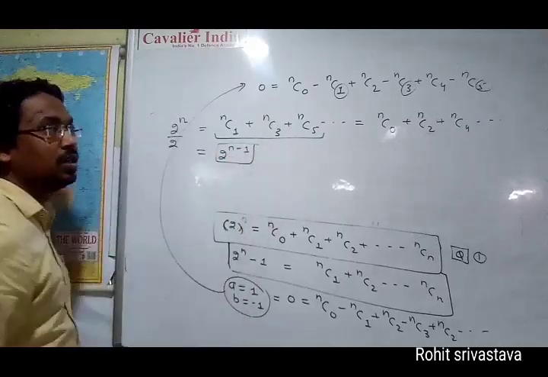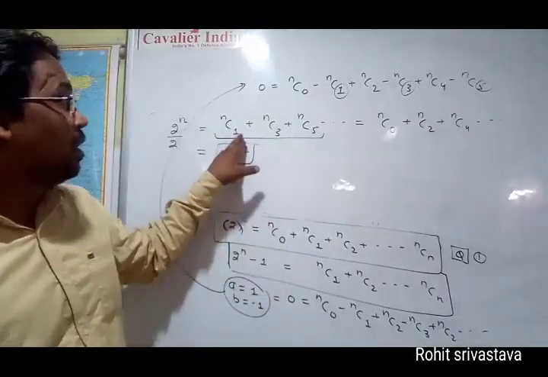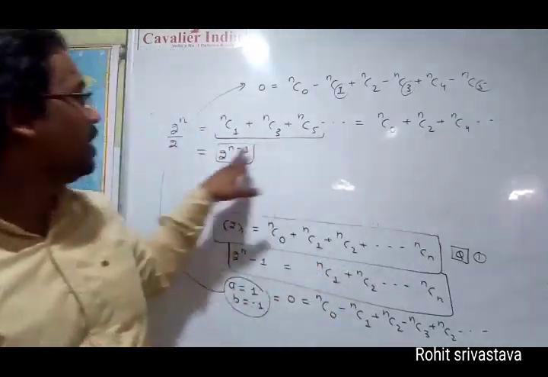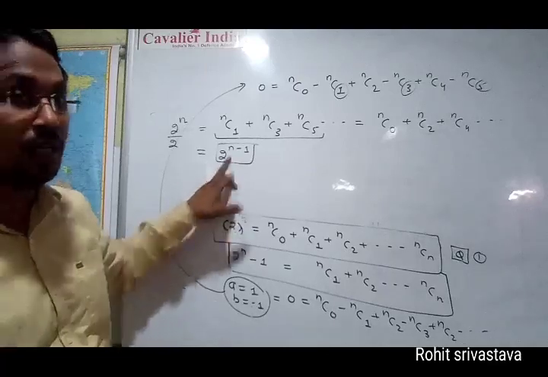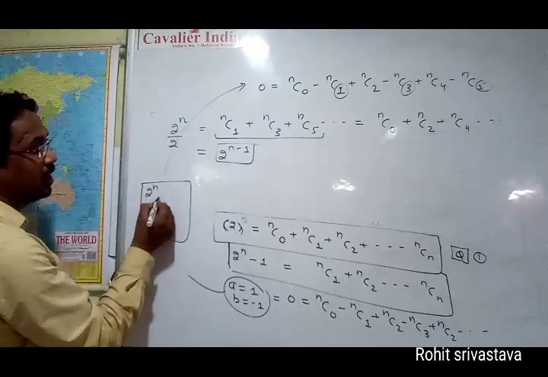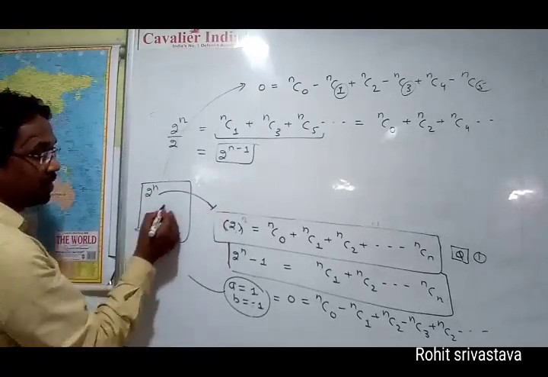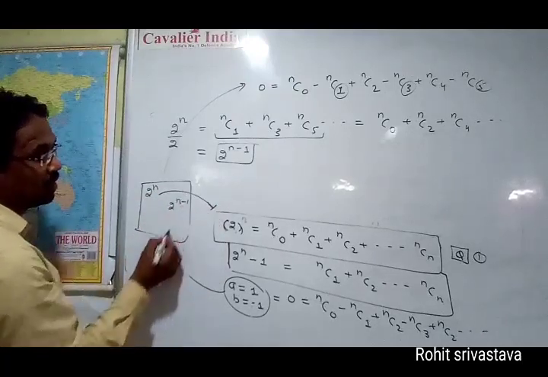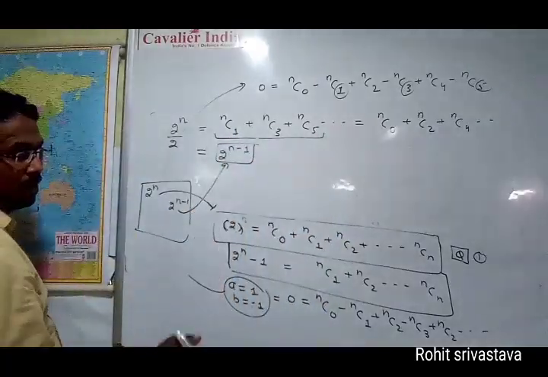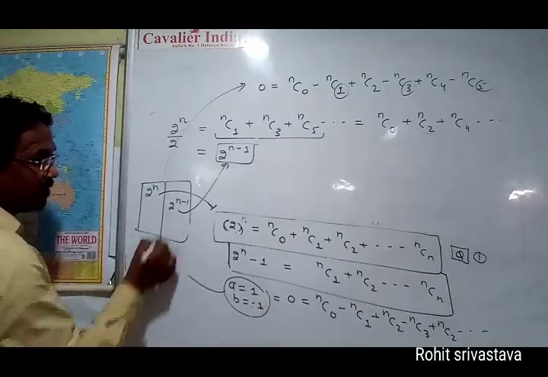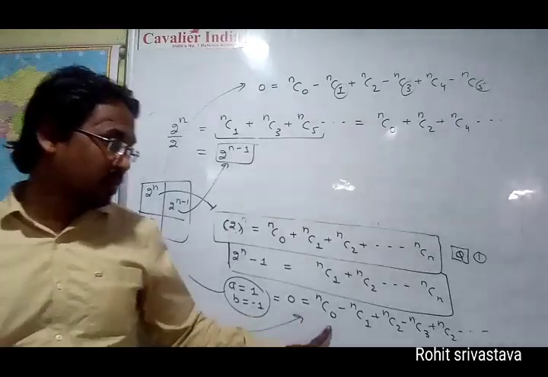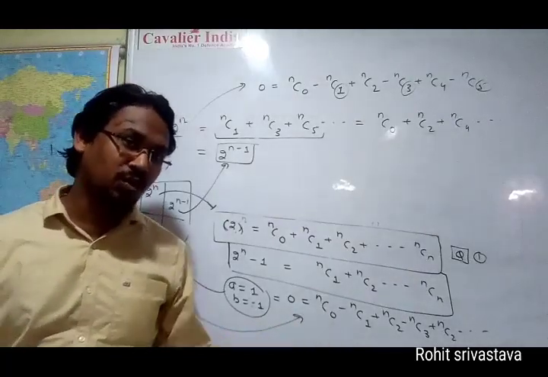So dear student, learn it: odd binomial coefficient or even binomial coefficient, their sum will equal 2 to the power n minus 1. In our option segment, this 2 to the power n is the first option, then 2 to the power n minus 1, this is here. There are 2 questions for this option. Now next, if they write here 0, it is present here, which means the sum and difference of the binomial coefficients will equal 0.